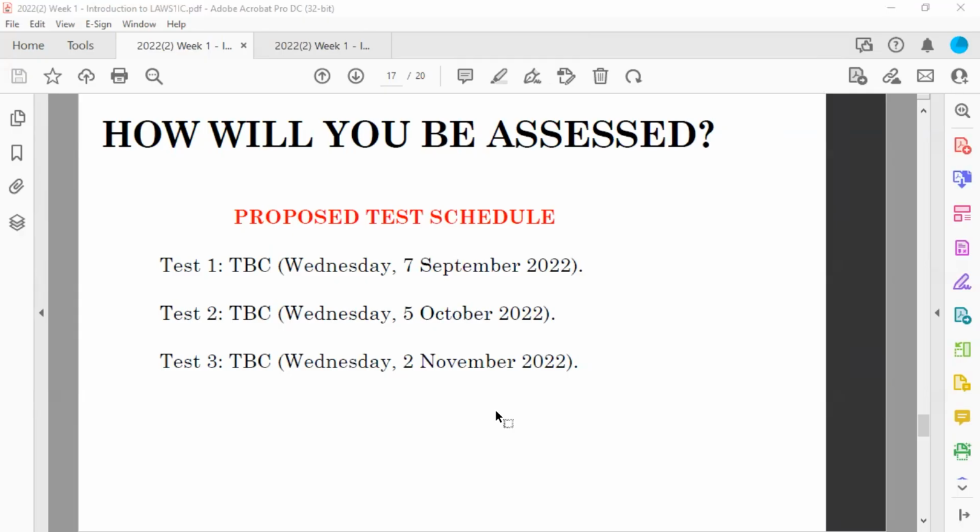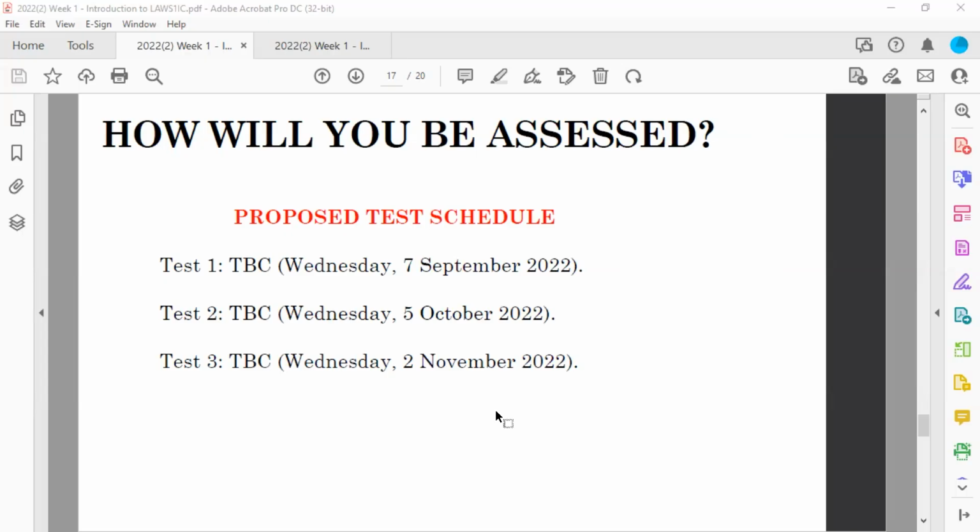The tests are open from 5 o'clock until 8 o'clock, or with this load shedding, maybe until 9 o'clock, from 5 to 9, and you have to put aside 1 hour to write that test. Right? It's an online test. If you want to start at 7 o'clock, that's fine. You have from 7 to 8. Maybe you want to start at 8 o'clock, you can write from 8 to 9. Right. But that is the proposed test schedule.